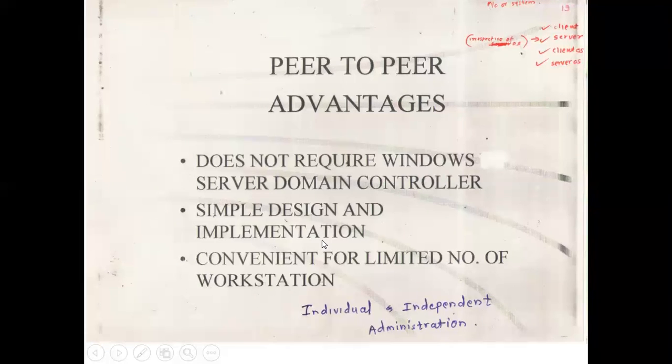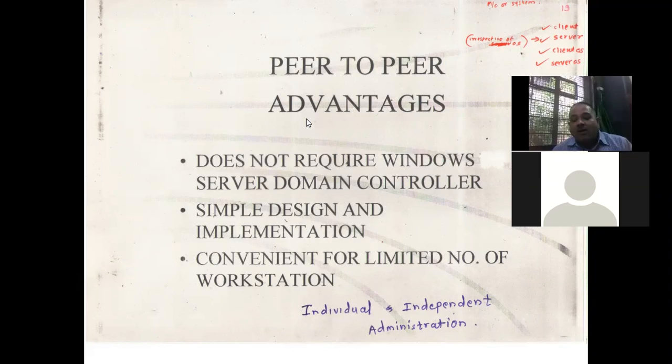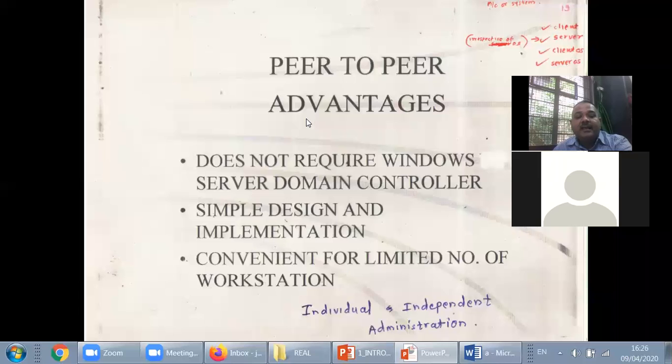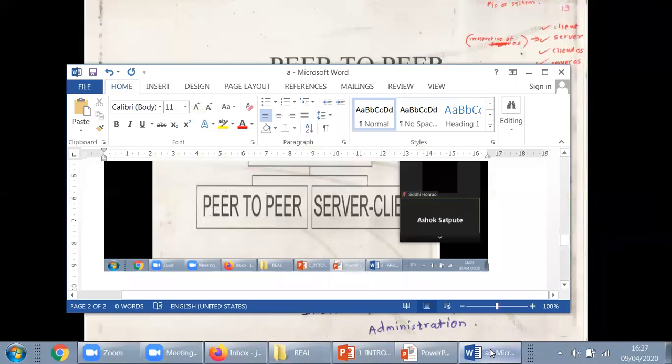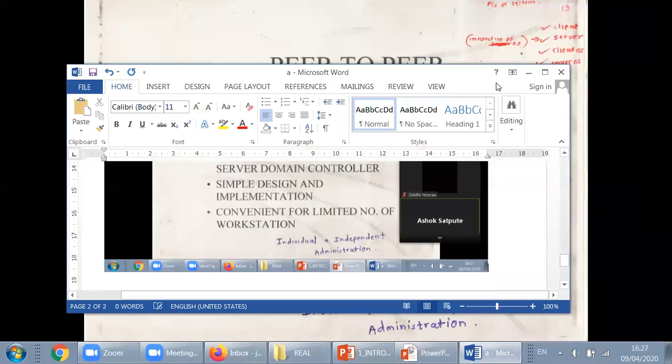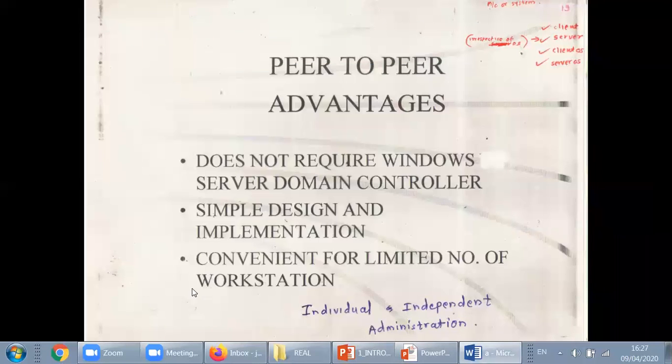Second, simple design and implementation. And number three, convenient for a limited number of workstations. So if the number of clients is less, then you have to go for the peer-to-peer model. Otherwise you have to go for the client server model.